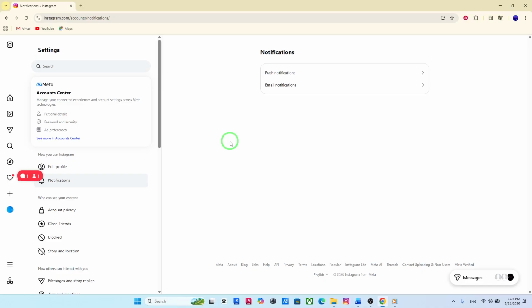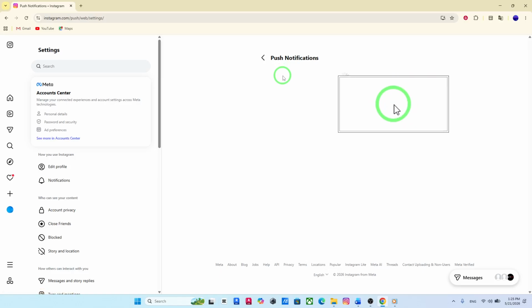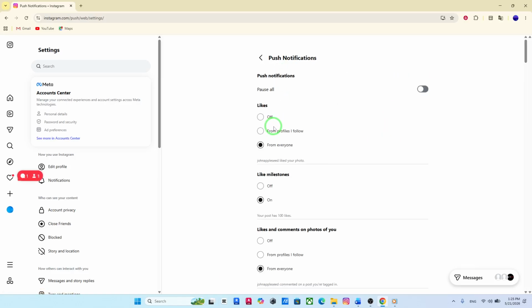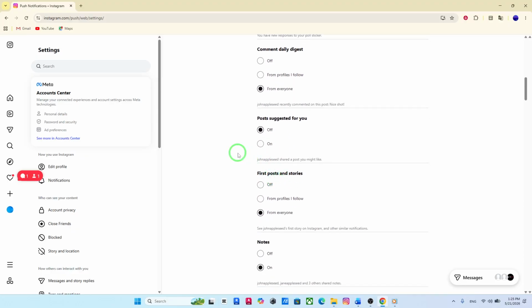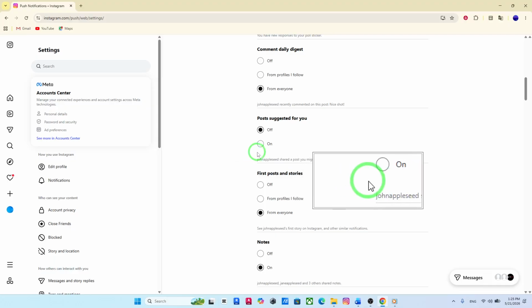Next, find and click on Push Notifications. This section controls notifications that are sent to you in real time. Scroll down until you see the option labeled Posts Suggested to You. This is the setting that manages notifications for recommended content based on your activity and interests. To turn it on, simply select On. Once you do that, Instagram will start notifying you whenever there are new suggested posts tailored for you,